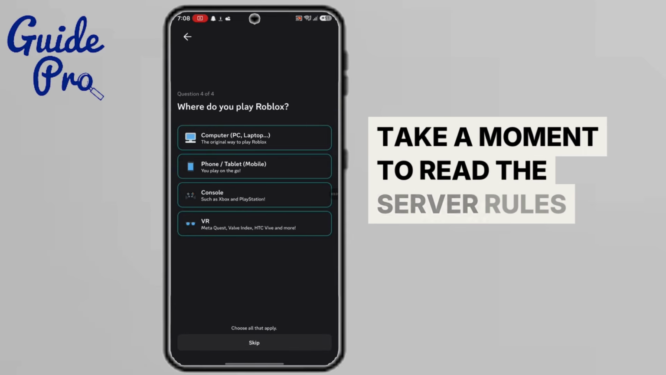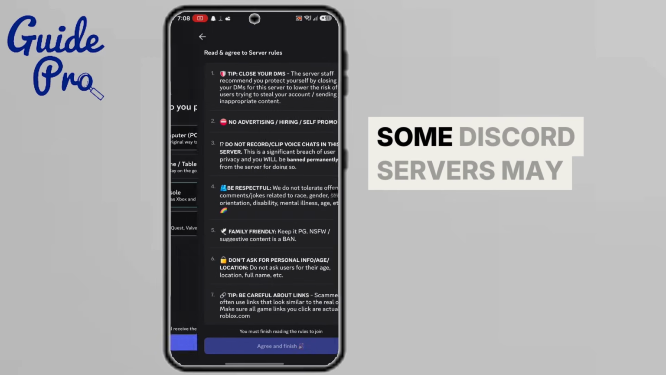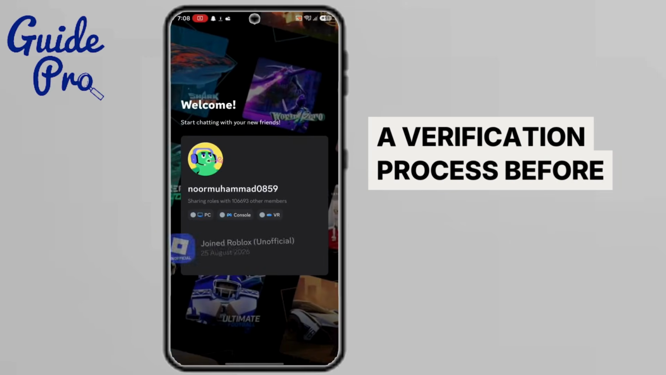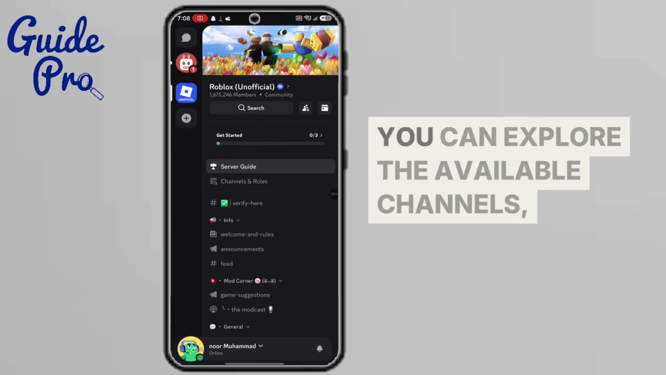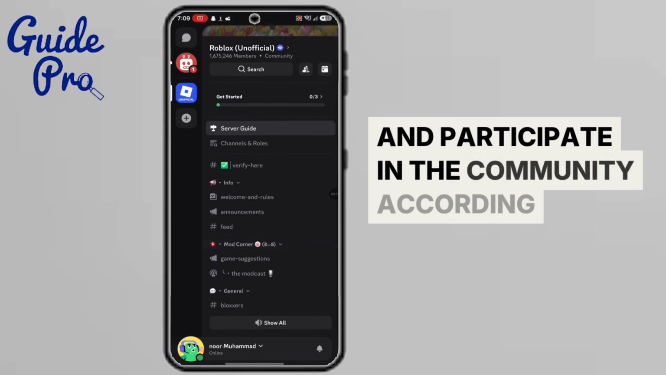Take a moment to read the server rules and follow any verification steps that are required. Some Discord servers may ask new members to complete a verification process before they can access all channels. Once you've completed the required steps, you can explore the available channels, read announcements, and participate in the community according